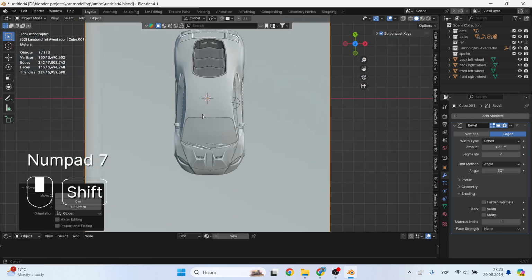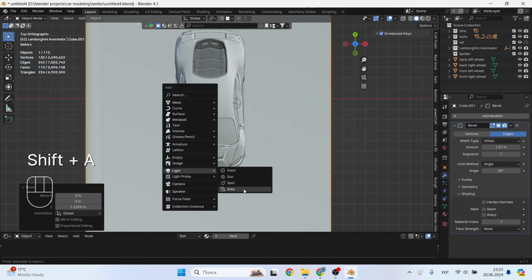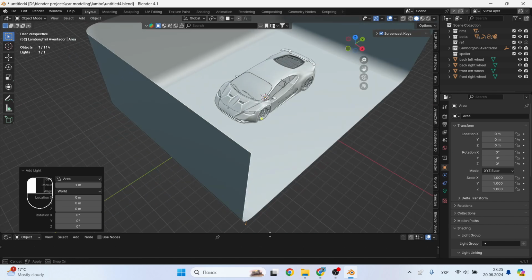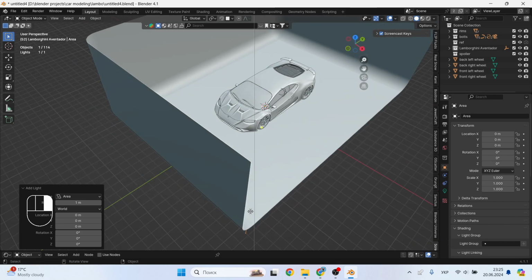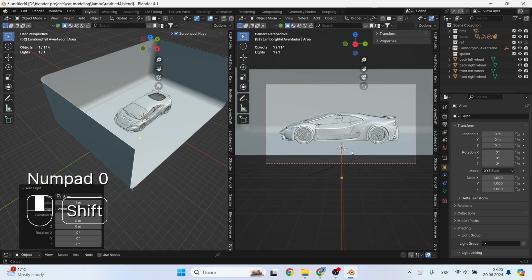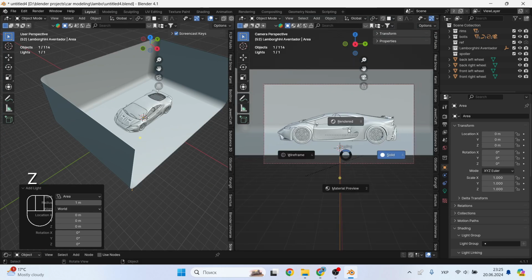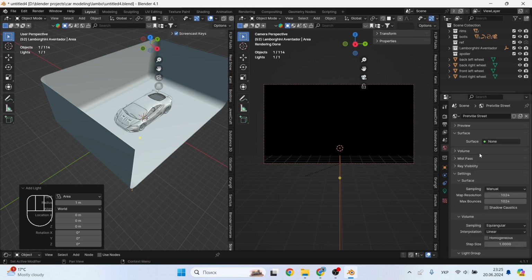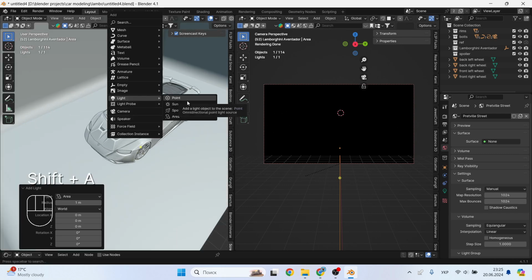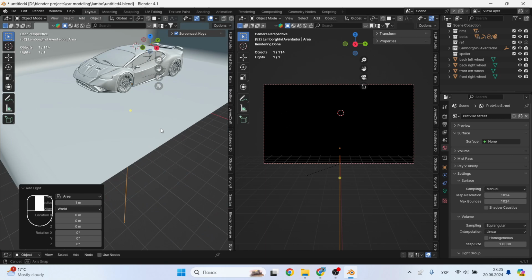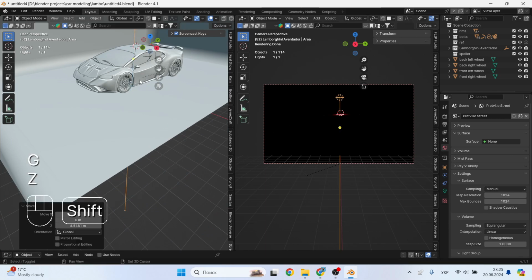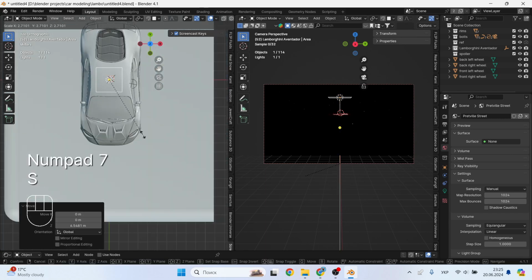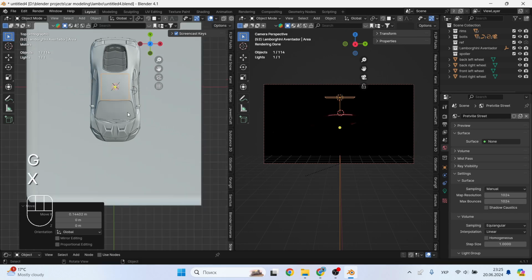Go to the top view using the number 7 on the numpad and place the 3D cursor in the center of the roof of the car so that the light that we will eventually add appears immediately closer to the right place. Now, when we directly begin manipulating the light, I suggest dividing the screen into two parts and turning on one of them in rendering mode so that we can see what changes in the light occur in the process. World lighting should be turned off so that there is absolutely no light from the world so that we illuminate the car only with devices.